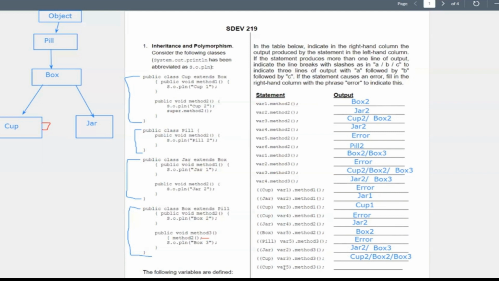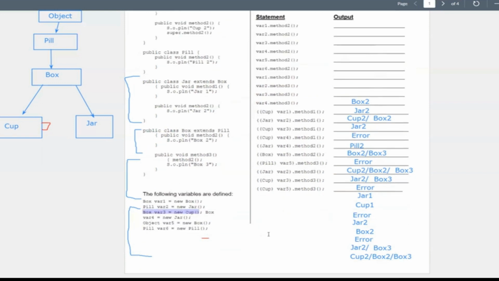So now we have cup var5 method 3. Cup var5 method 3. So cup. Remember, all they're doing is changing this object to cup, and cup to box. That means we're going backward from